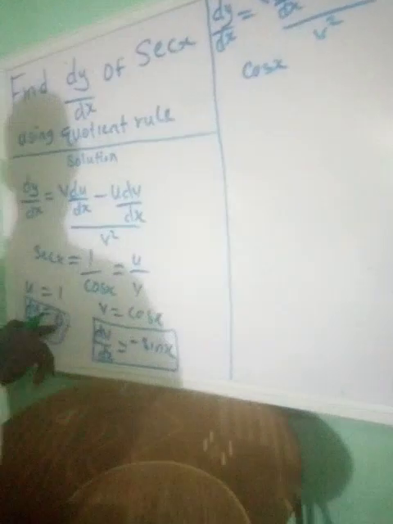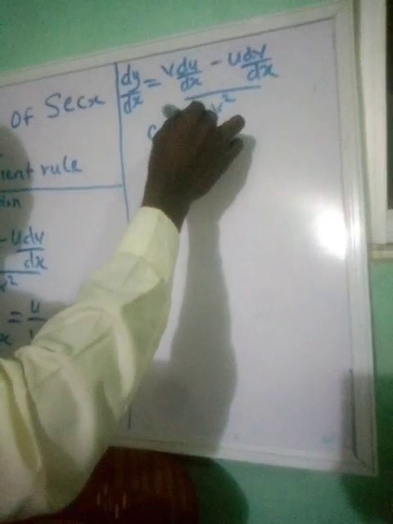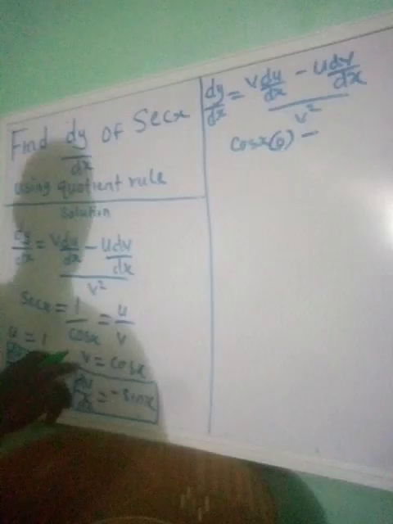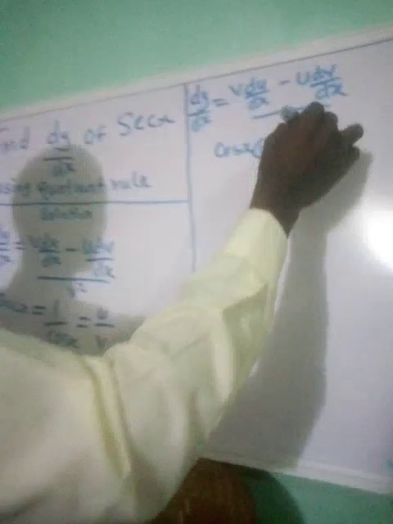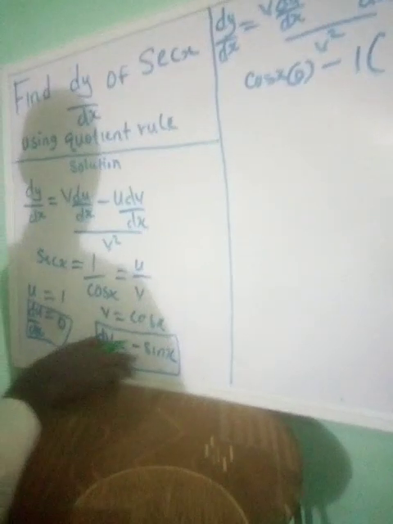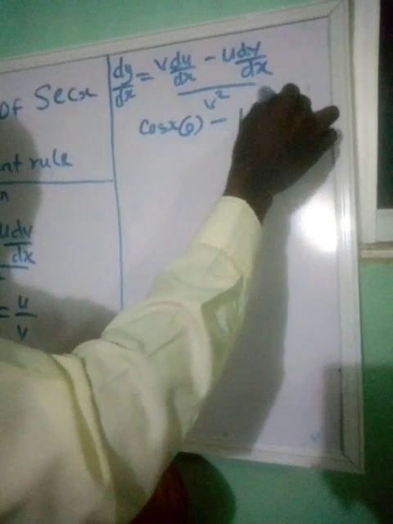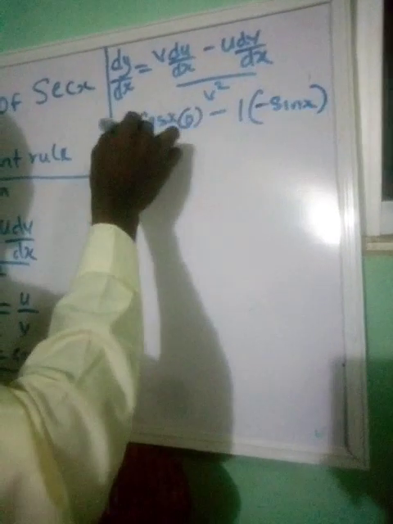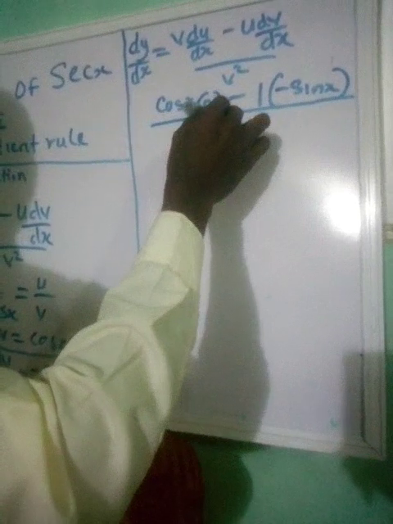And what is the du? The du is 0. We'll now put 0 here, minus, what is our u? Our u here is 1. And what is the dv? The dv is minus sin x. Then we are going to have all over